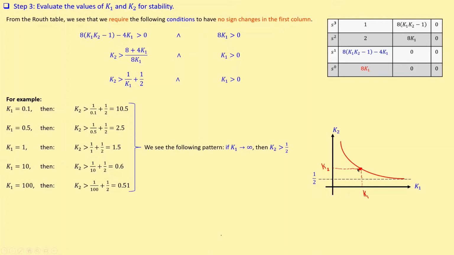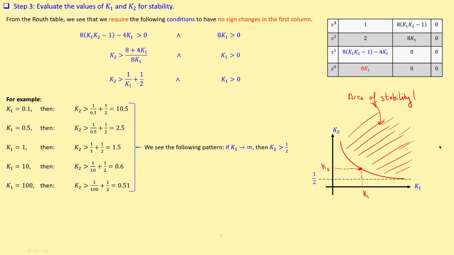If I want a stable system, I need to be above this line. So everything above this line, and also above this, all this area here, I can also make a sketch of that one. So everything here given, that is actually the area of stability. If I'm under this line, under this red line here or somewhere else, whatever, doesn't matter, I get